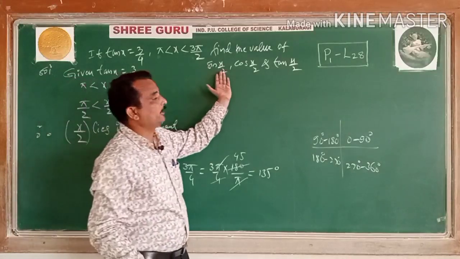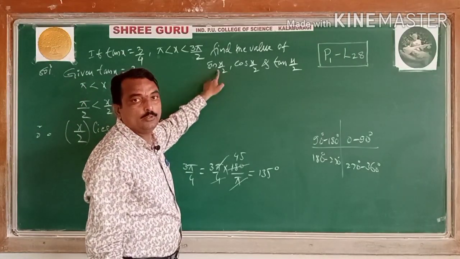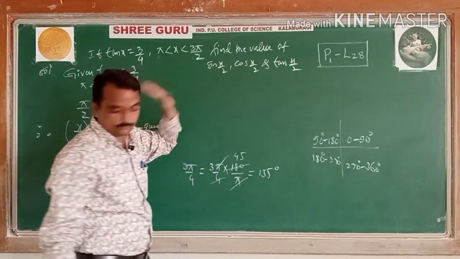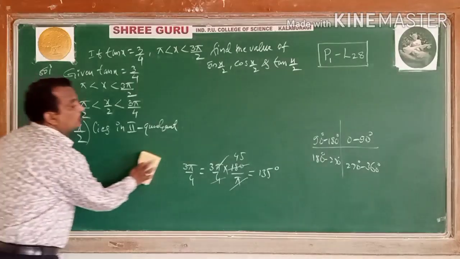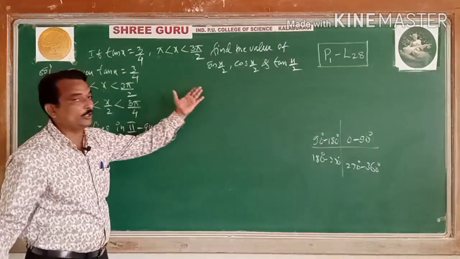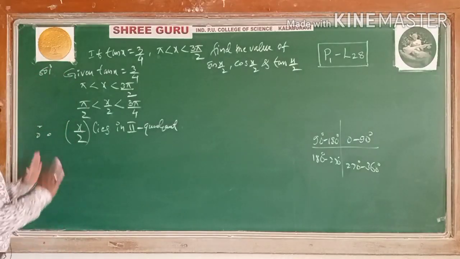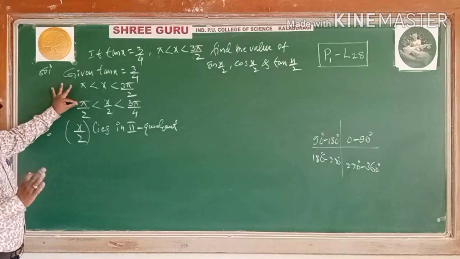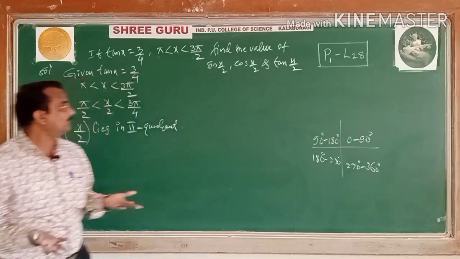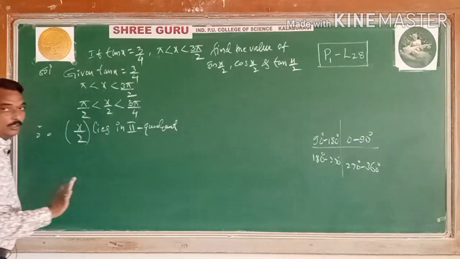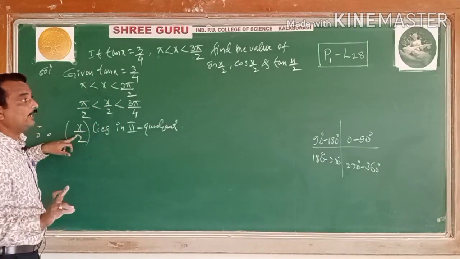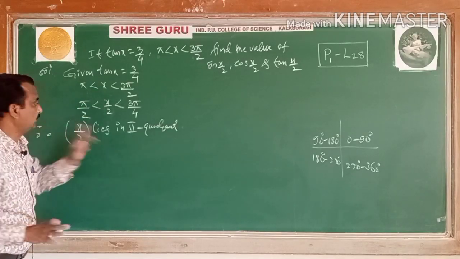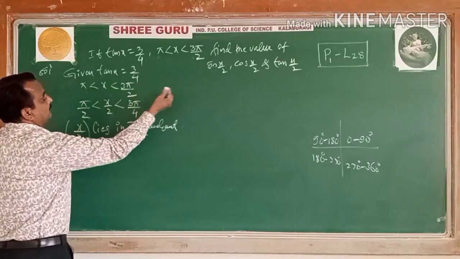Now according to that, in the second quadrant, is sin x by 2 positive or negative? Positive. In the second quadrant, is cos x by 2 positive or negative? Negative. These two are negative and this is only positive here. Now you have to go for the x by 2 formula. So the angle x by 2 lies in the second quadrant, whatever you have to calculate now. But x lies in the third quadrant, and x by 2 lies in the second quadrant. Clear, all of you? Second quadrant. This is third quadrant, x lies in the third quadrant.